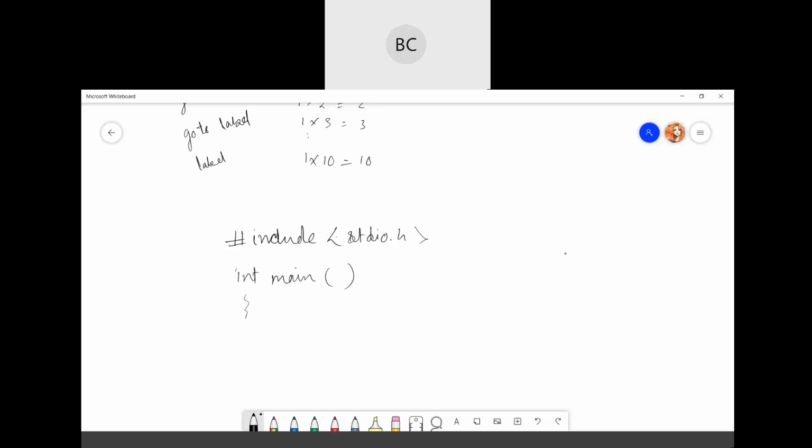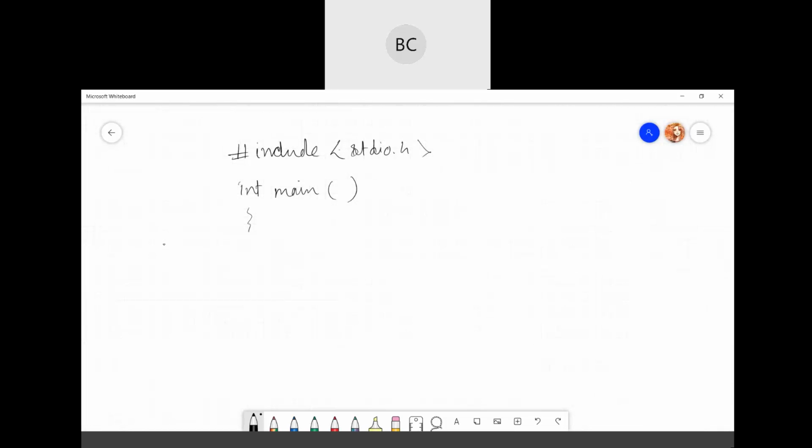Okay. So for the nested loops, for example, we are going to take 3 loops. If I want 3 loops, that means I need 3 variables: int i, j, and k. So here I'm writing for i equal to 0, and the condition for i, let's take 10, and i plus plus.